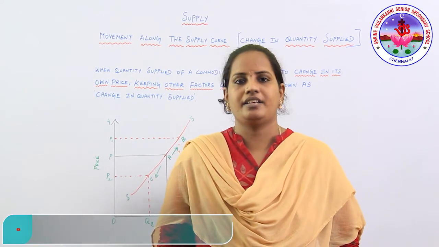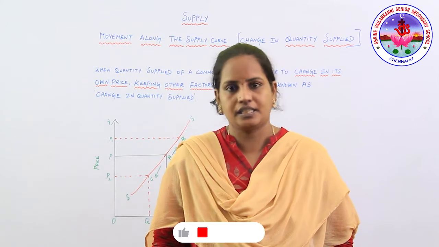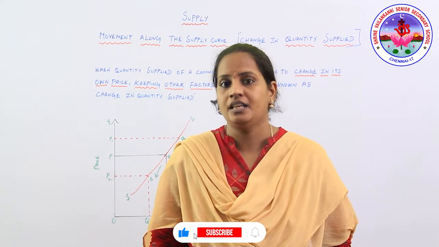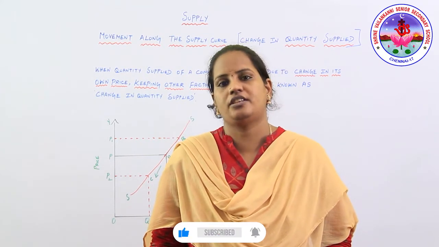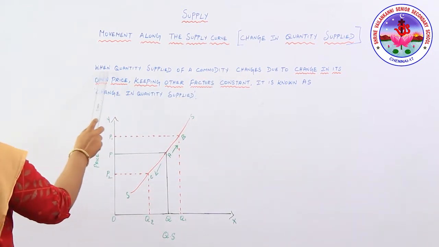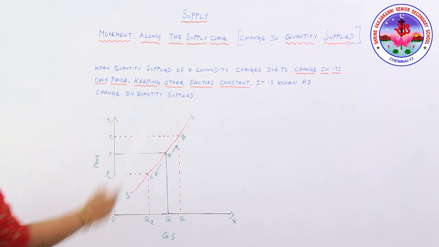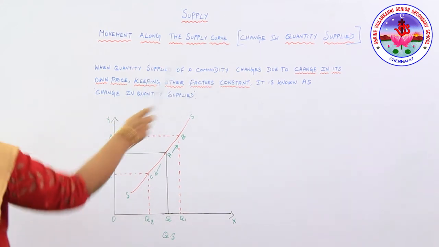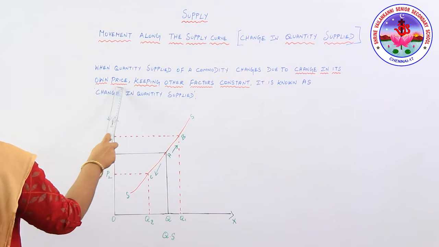So in that we are going to see movement along the supply curve, that is change in quantity supply, and shift in supply curve, that is change in supply. Let's start with the first one, movement along the supply curve, that is change in quantity supply. Just listen, when quantity supply of a commodity changes due to change in its own price, keeping the